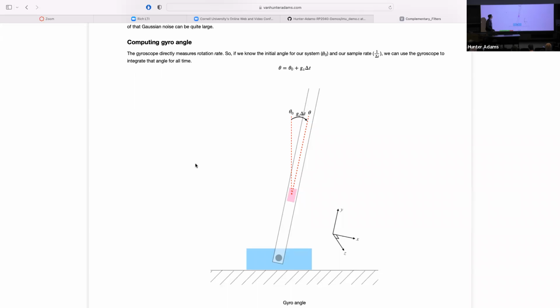So in the next time step, I'm going to say my new angle is about equal to my old angle plus the output of the gyroscope, which is in units of something like radians per second, right? It's the rate of change of angle, times delta time. So it's an Euler approximation. So we just step ourselves to the new angle. So this is giving us a second estimate for our angle. This has its own set of problems, and its own set of things that are nice. What's nice about this is the output of the gyroscope is far less noisy than the output of the accelerometer. If you plot this output of the gyroscope, it looks much smoother than the output of the accelerometer.